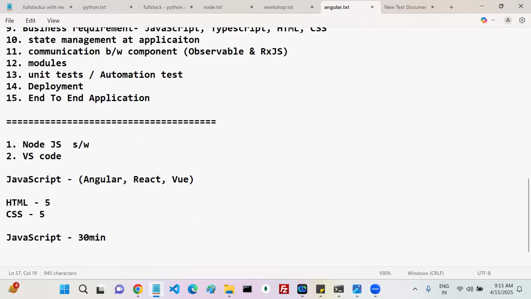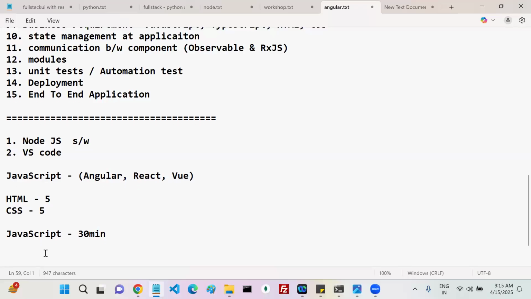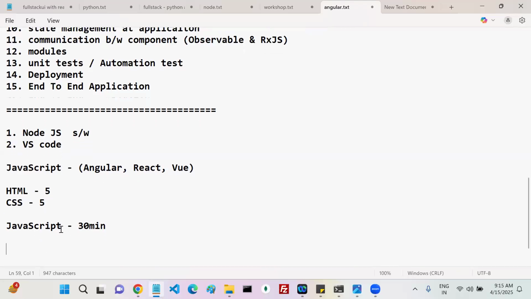Minimum 30 minutes they are going to ask. Okay, the programs and everything, you are going to write in JavaScript only or not. After that they are going to ask, hey, is your project on Angular or React or Vue.js? If your project is on Angular, they are going to ask Angular related questions. If your project is React related, okay, you are an expert in UI, all the libraries, you know Angular, you know React, you know Vue.js, then they are going to ask based on their requirement. My project is on Angular, I'm recruiting you as an Angular developer, I'm going to ask the questions